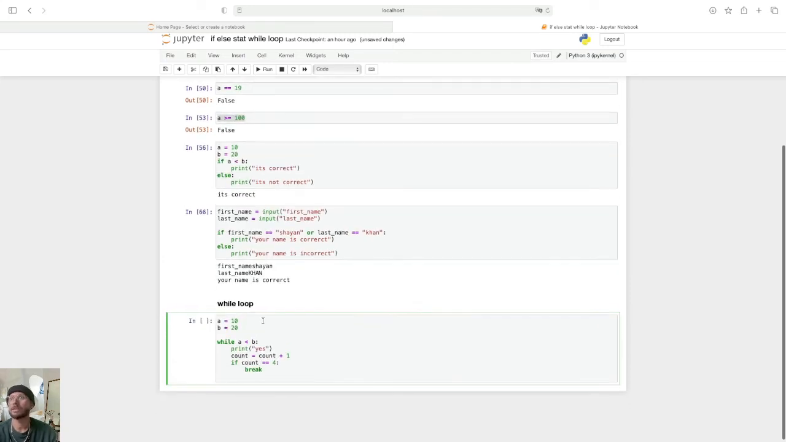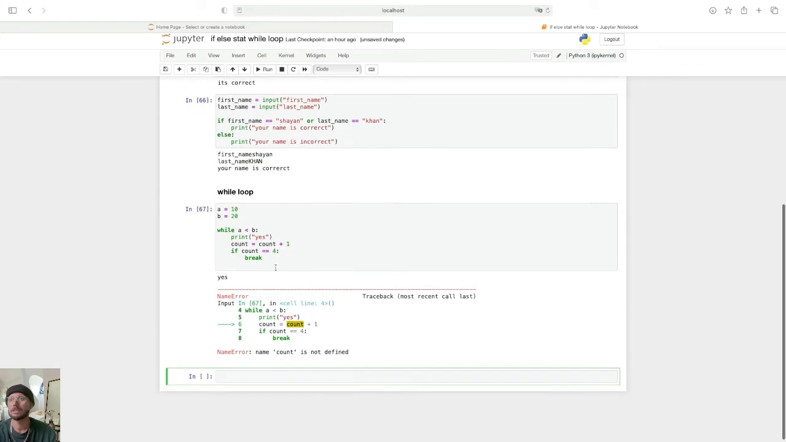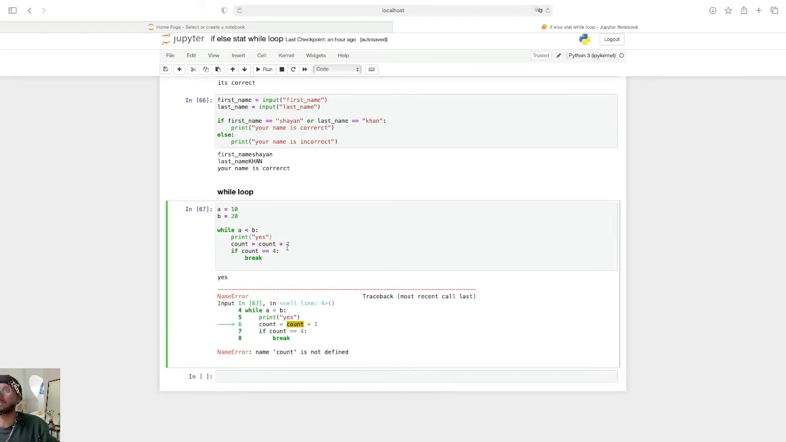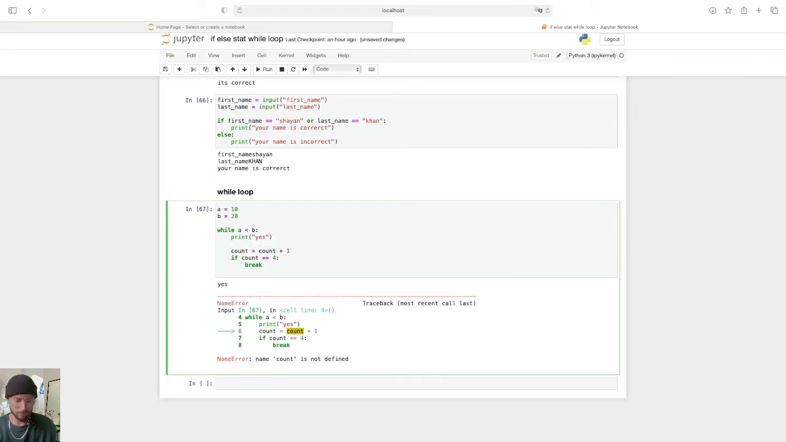So when I run it, you will see what's the spelling is count. Count is not defined. Yeah, count. Let me define the count here. So if count is equal to 1,